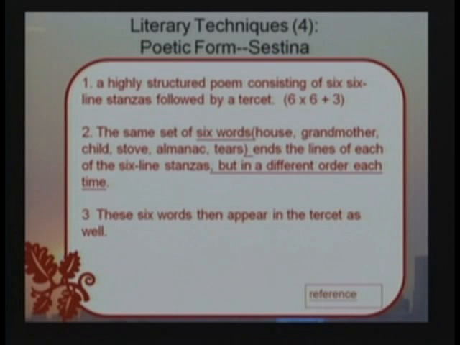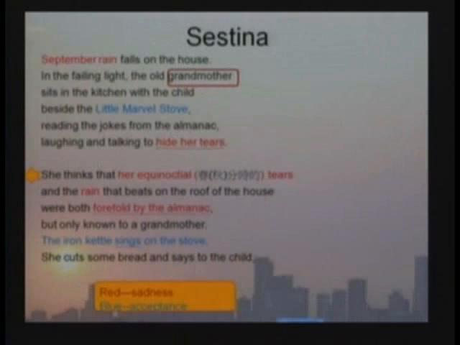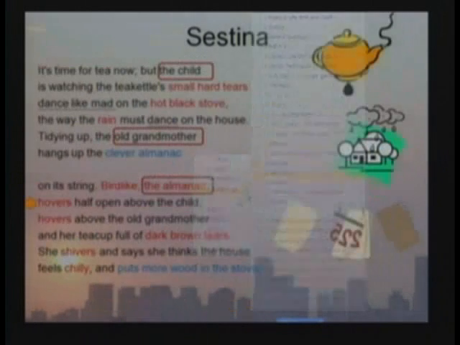So tears, out of the 6 elements, as I explained in the online lecture, this is a poem. The Sestina is both the title of the poem and the form of the poem, Sestina, and it has 6-line stanzas, 6个6行的诗段, and then the last words of the 6 lines are repeated in every stanza, and they form the kind of circular elements like house, grandmother, stove, child, almanac, and tears. So just now, Melody pointed out that tears here is an element that shows the sadness of the grandmother and the grandchild, right? Okay. Where else do you see the hardship? How about this one,